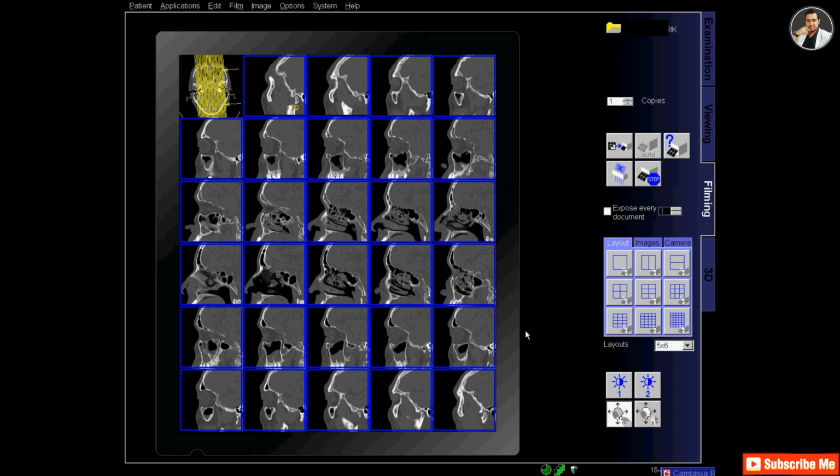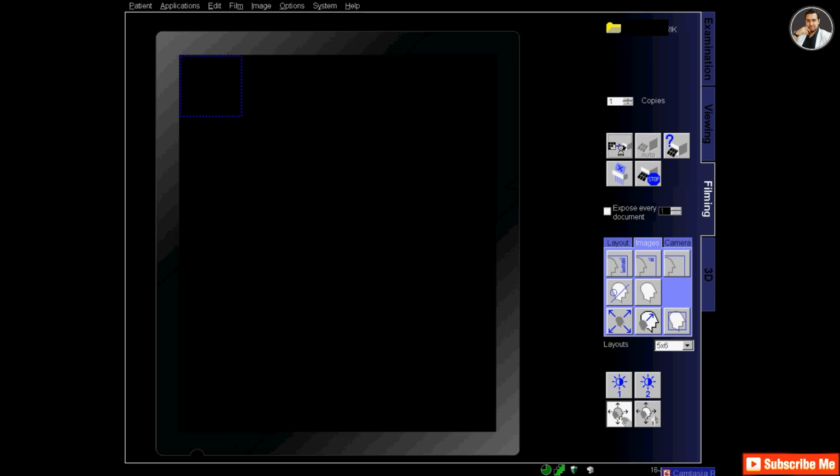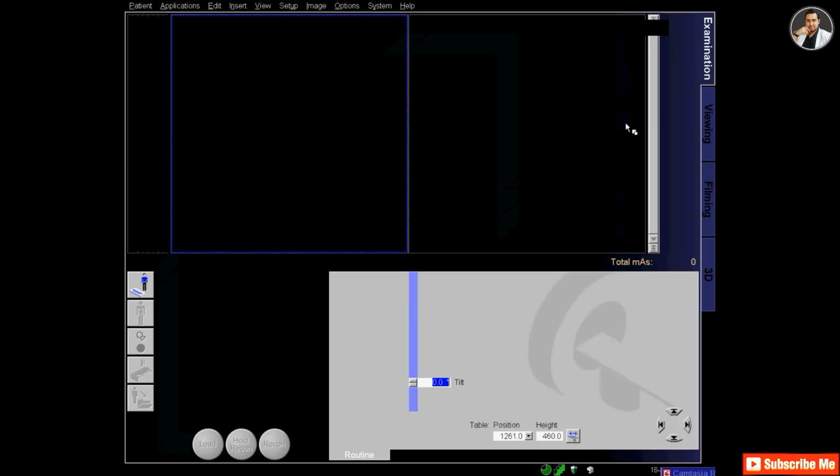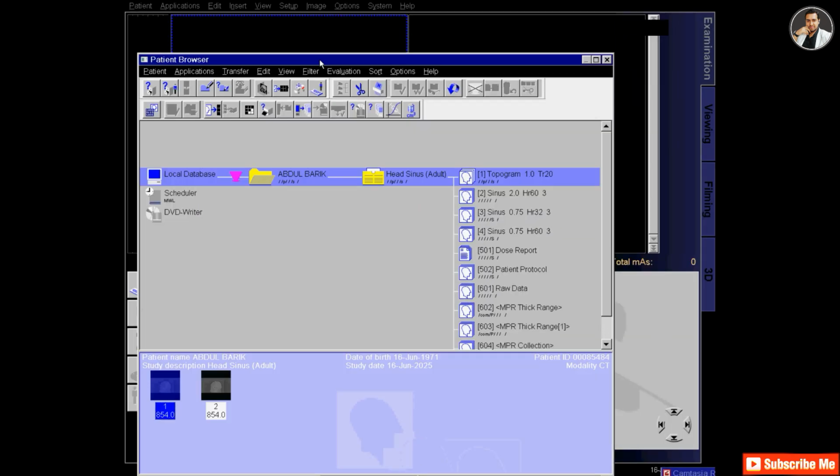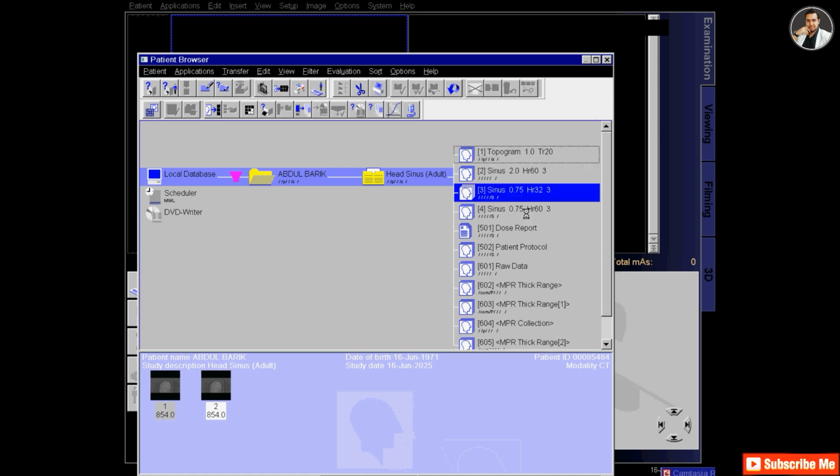And also make sure that the maxillary sinuses from right to left are included in the film, and also the sphenoid sinus at the back. So this is the sagittal reconstructed image for sinuses, and it's a sinus window, or you can say a bone window.